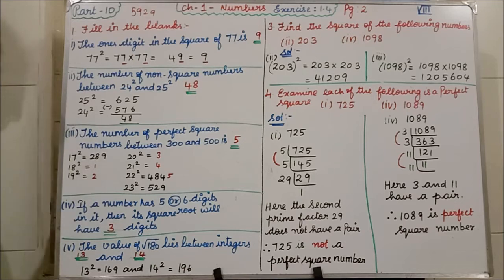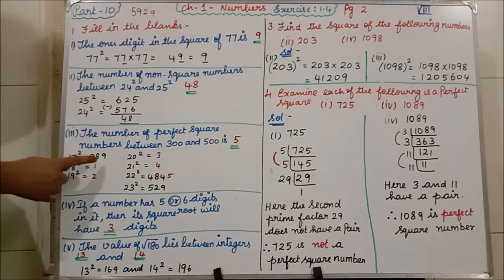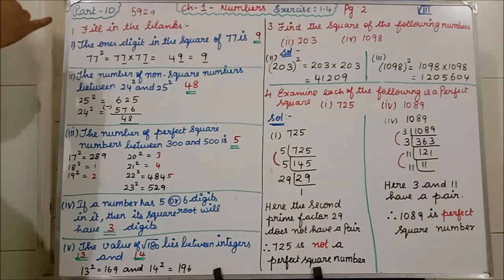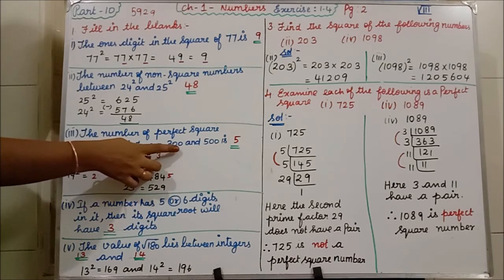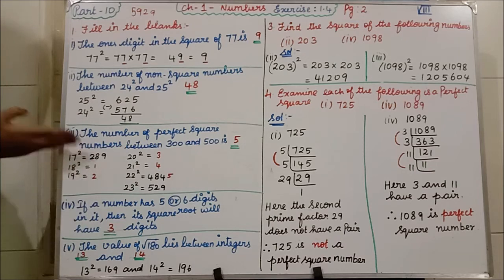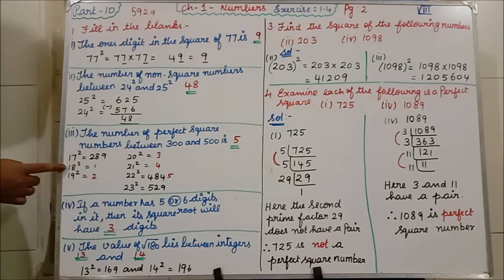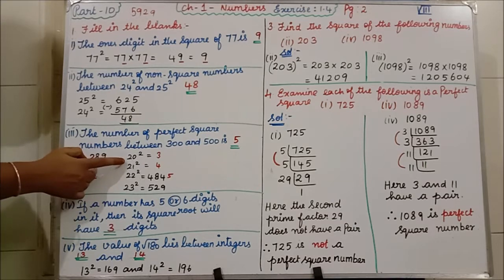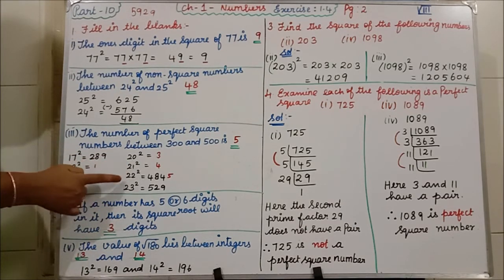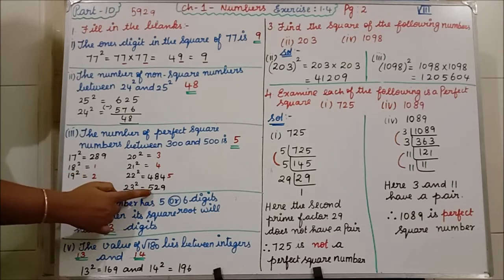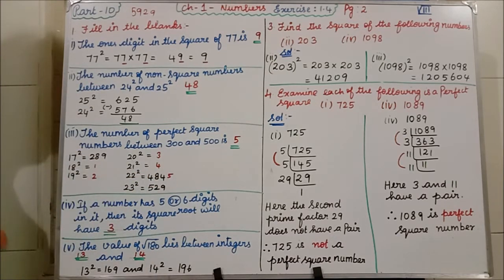Now see, if you see, from 17 square we are starting, 289. Before that, the values are less. But they are asking to start from 300, so you should not take 17. When you want more than 300, only from 18 square will you get more than 300. 18 square, 19 square, 20 square, 21 square, 22 square, 23 square. 23 square, if you notice, is 529. It is going to exceed, because we only have to consider 300 to 500. Isn't it? Now 17 square is 289.